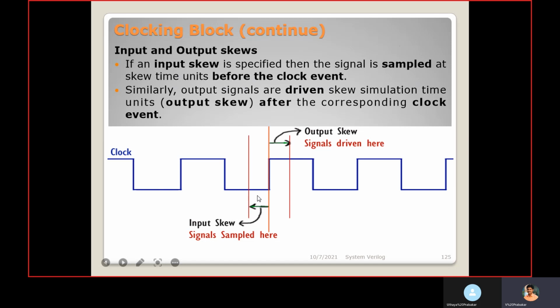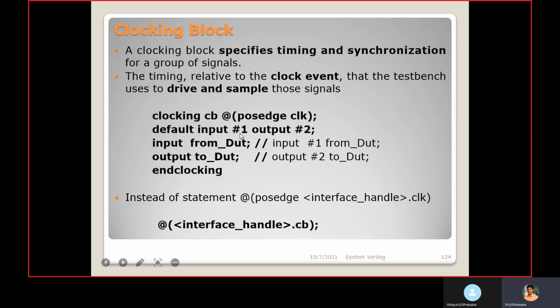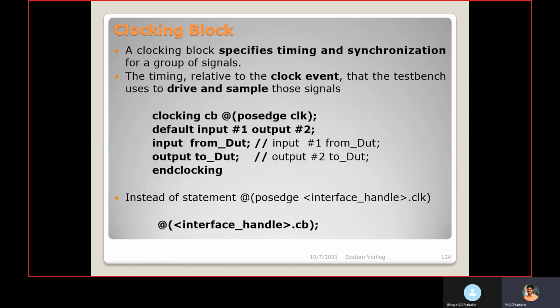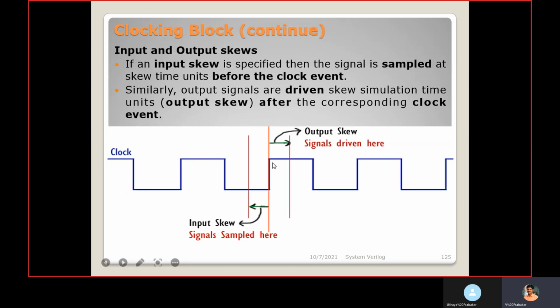So this sampling time, we are mentioning as the input skew here, as 1. And for output skew, after the posedge of the clock, the DUT will drive the output. If you mention it as 2, after the posedge, after 2 time units, the output will be driven from the DUT. So that is the use of input skew and output skew.